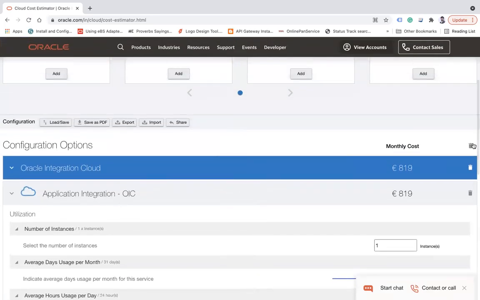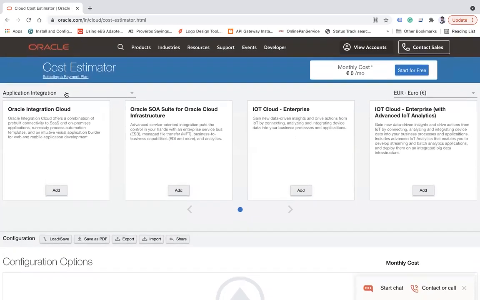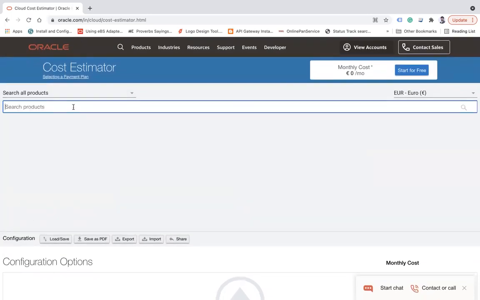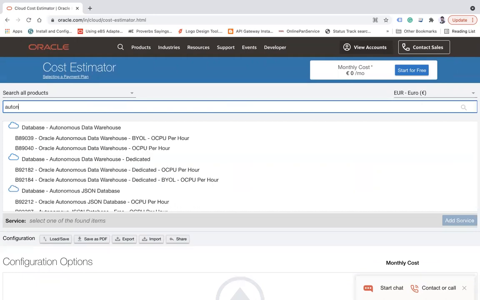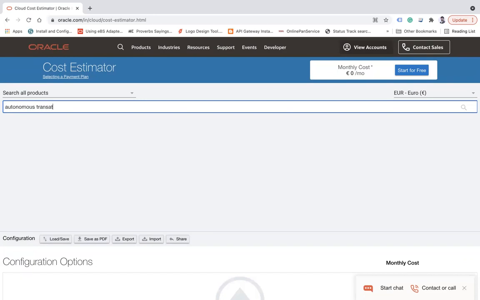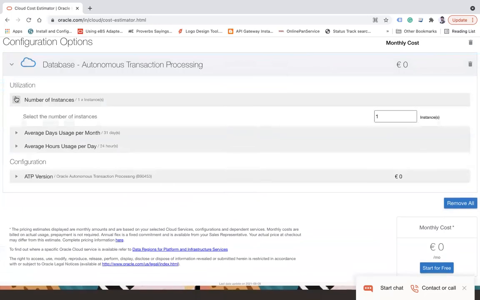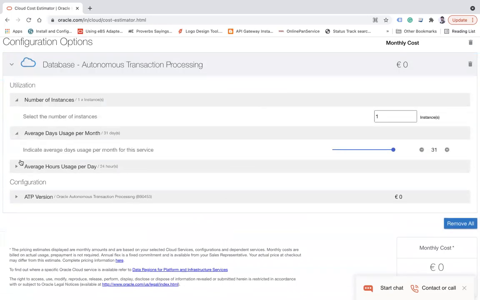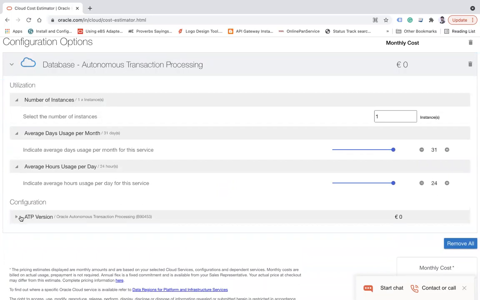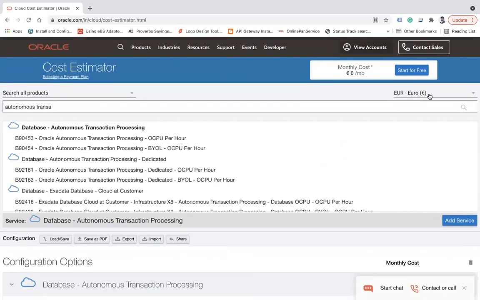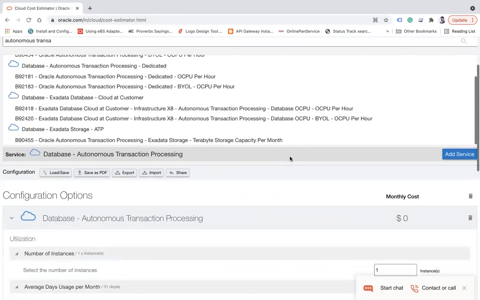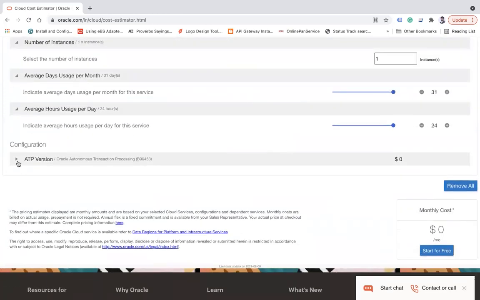Okay, if you want to delete it, you can delete it, and let's pick up, and if you want to search something like this, you can pick up autonomous database. Okay, autonomous transaction processing. Okay, let's consider I wanted to use transaction processing. Okay, ATP, add service. And again, the same thing, number of instances, average days per month, and then average hours. And then let me again consider this only as a US dollar, because most of the people use dollar. And then ATP version, okay,